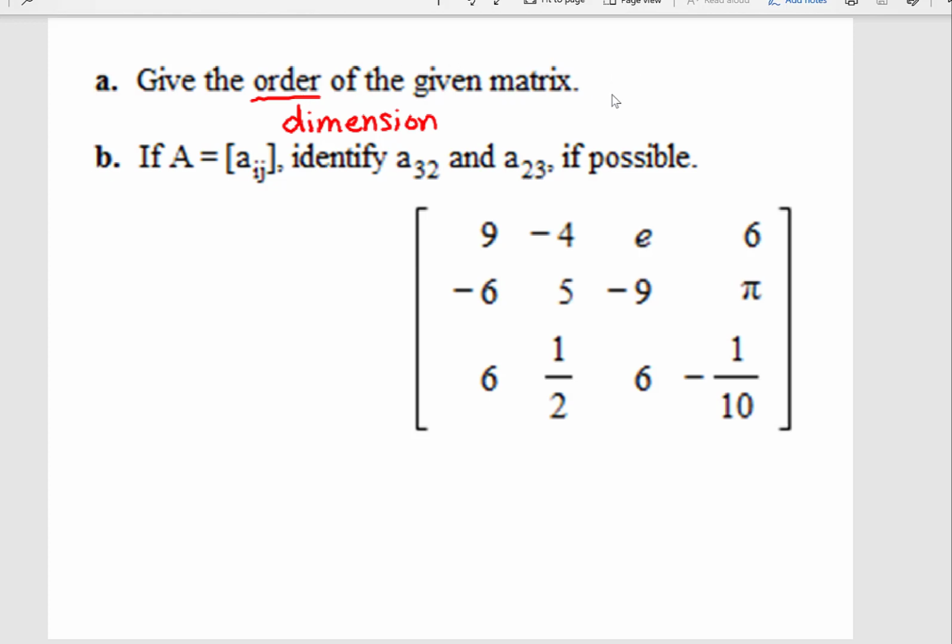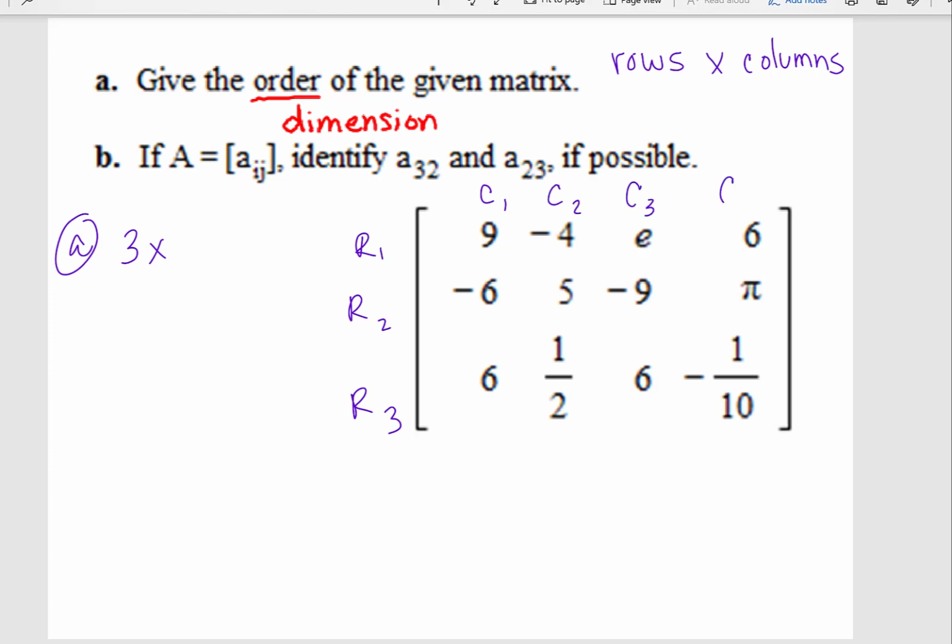When we talk about the order of the given matrix, we're talking about the dimension or the size of the matrix. So here we'll always organize this rows by columns. So we have rows, row 1, row 2, row 3. And then for columns, we have column 1, column 2, column 3, and column 4. So this matrix would be a 3 by 4 matrix. And then many times when we refer to a matrix, it'll be titled with a capital variable letter. So in this case, this one is